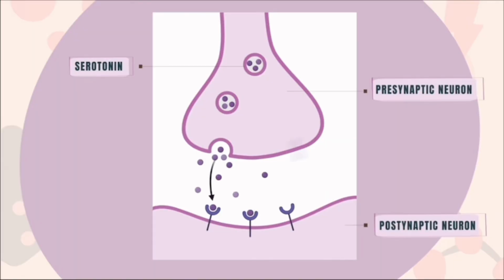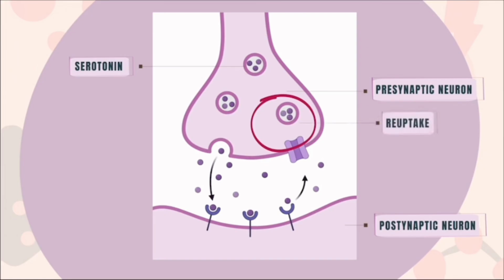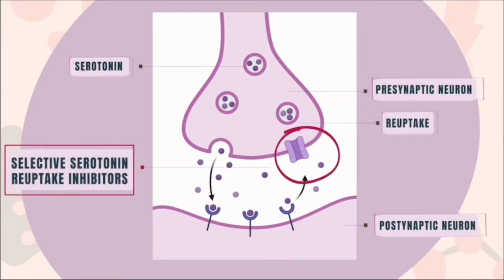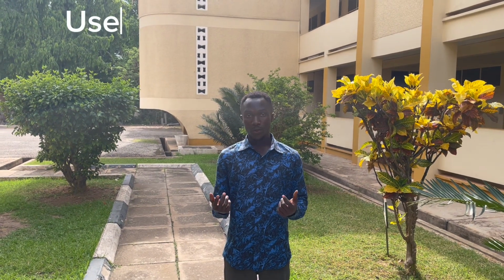Talking about the mechanism of action of citalopram, citalopram exerts its antidepressant effects by inhibiting the serotonin transporter, which is responsible for reabsorbing serotonin from the synaptic cleft back into the presynaptic neuron. By blocking the reuptake mechanism, it increases the concentration of serotonin available in the synapse. This enhances serotonergic neurotransmission, which is responsible for improving mood, reducing anxiety, and better regulation of emotional response.